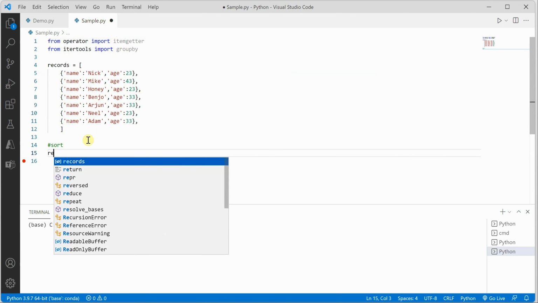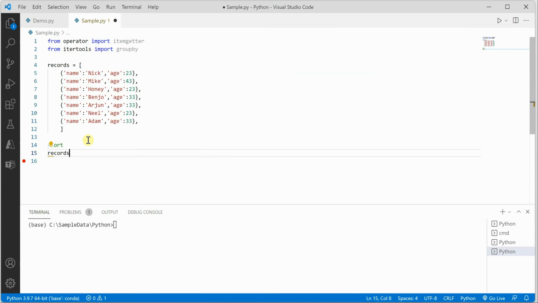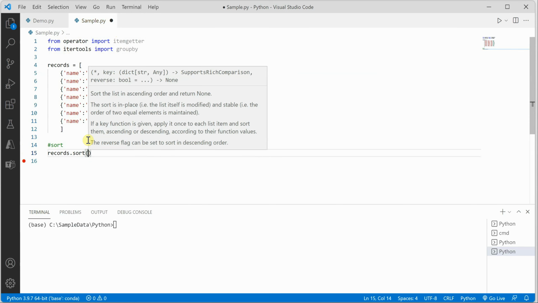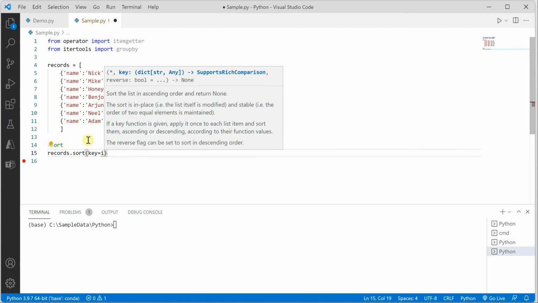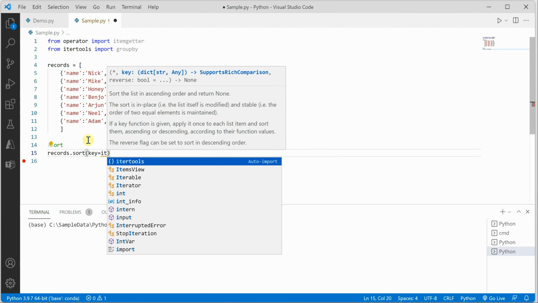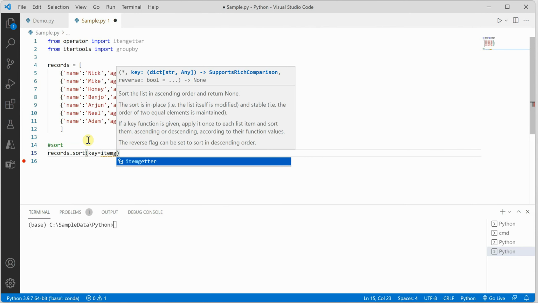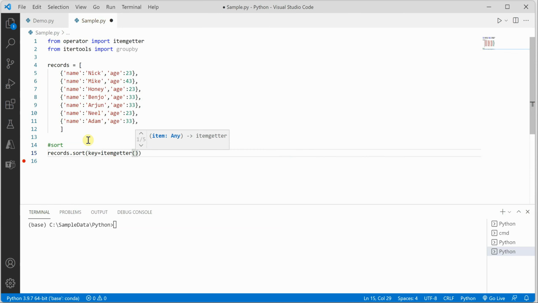we can say records.sort, and inside that we need to pass the key, on the basis of which key we need to perform the sorting. So here we can use itemgetter, and inside that we will be passing age because we are going to group the items based on the age. Next thing is we need to perform